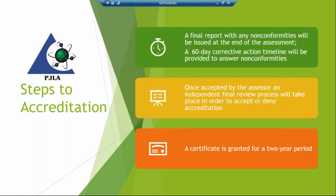And that will go directly over to your assessor, your lead assessor, and they will review and let you know that your corrective action has been approved. Once the lead assessor approves your corrective action, they then turn in their assessment material to our office for a review, and then we send it off to an independent review committee that makes the final decision. So the assessor makes a recommendation, but the final independent review committee actually makes a decision to accept or deny